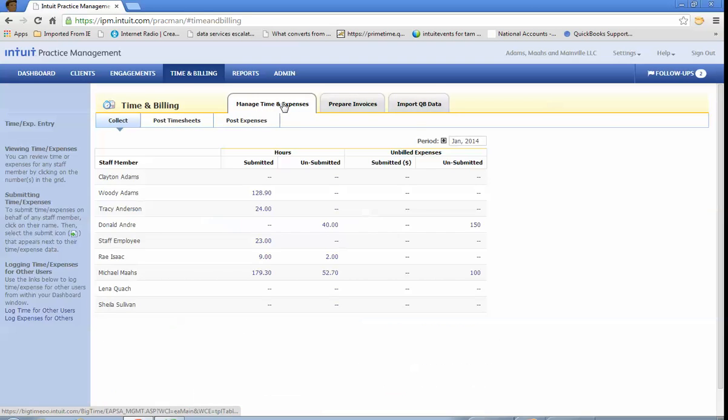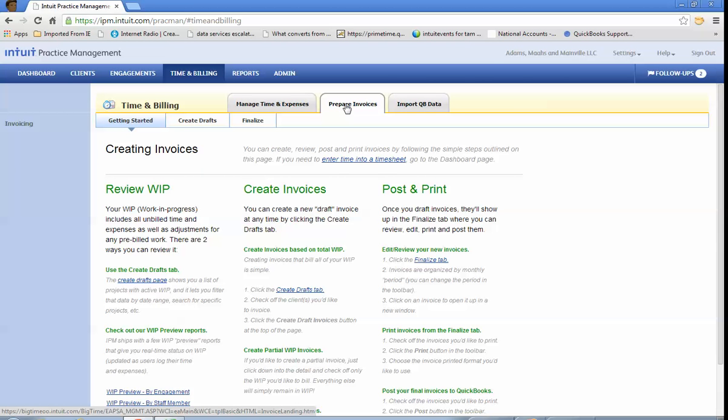I like to show that first, where I can actually post timesheets over to QuickBooks for quick payroll. And I can also post them as already been billed, so they're not waiting to go to an invoice. Very helpful. And then when you go to time and billing, it always defaults to the prepare invoice tab. We've changed this window a little bit over the last 6 or 9 months or so, but you can review